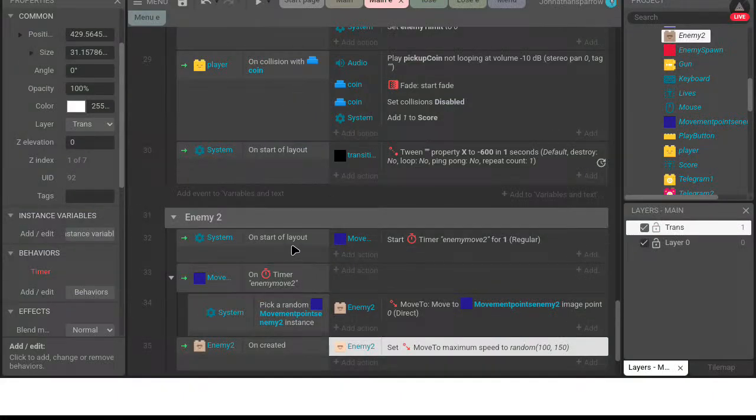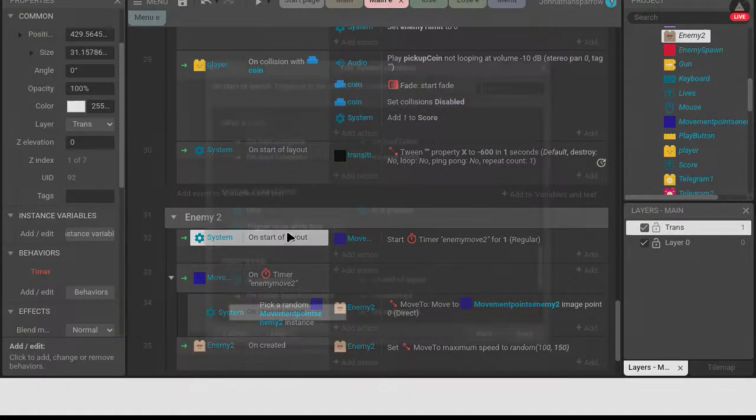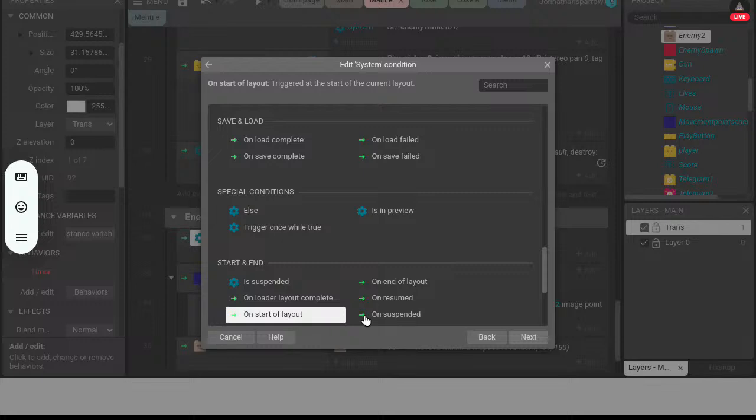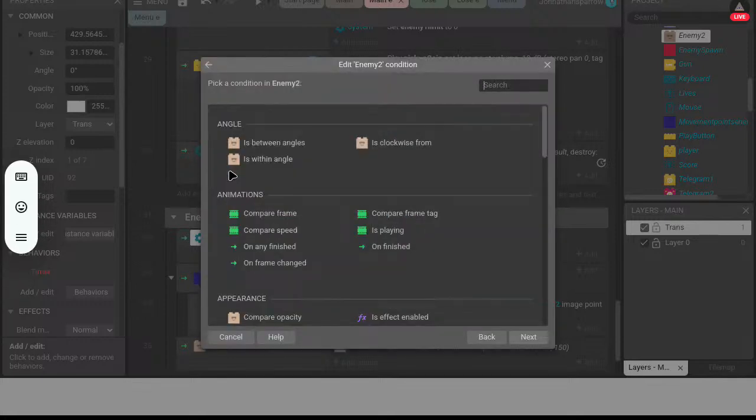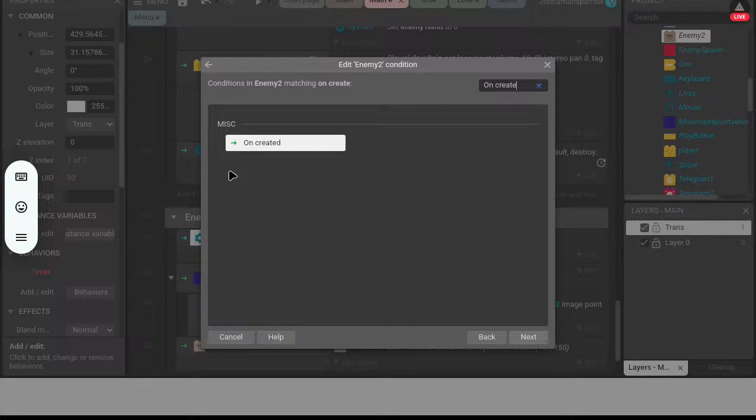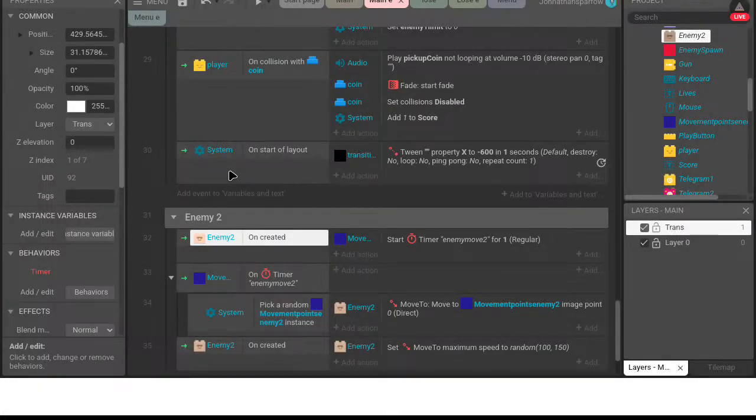You know what? I'm gonna say on created for that as well. I am having a slight issue though. What is this? I'm gonna save first though.